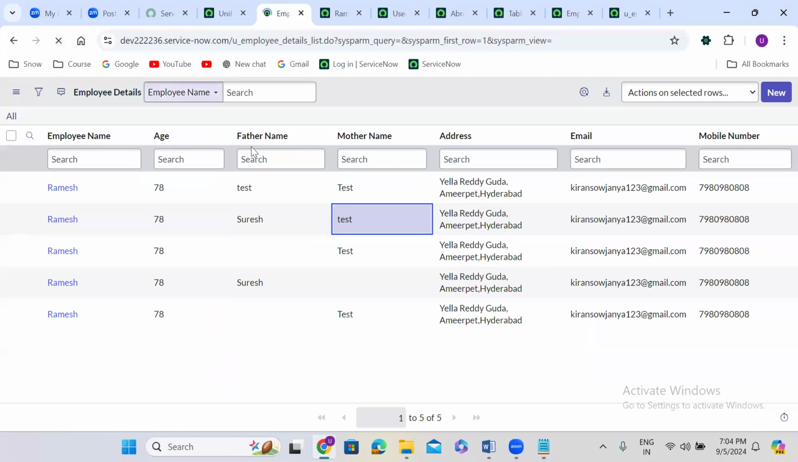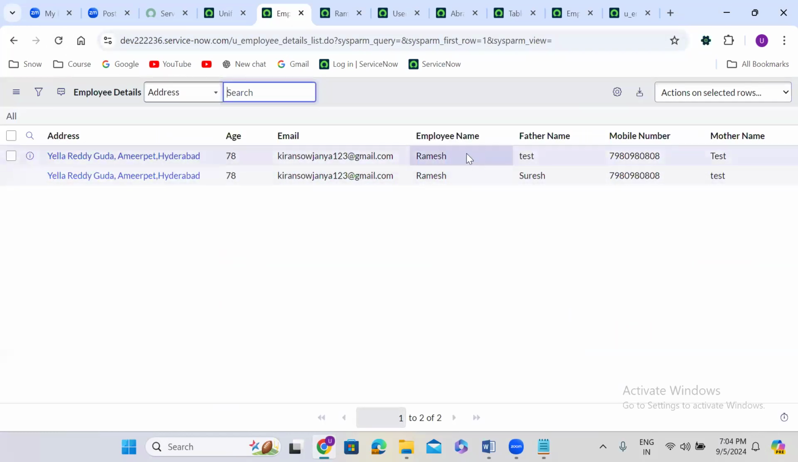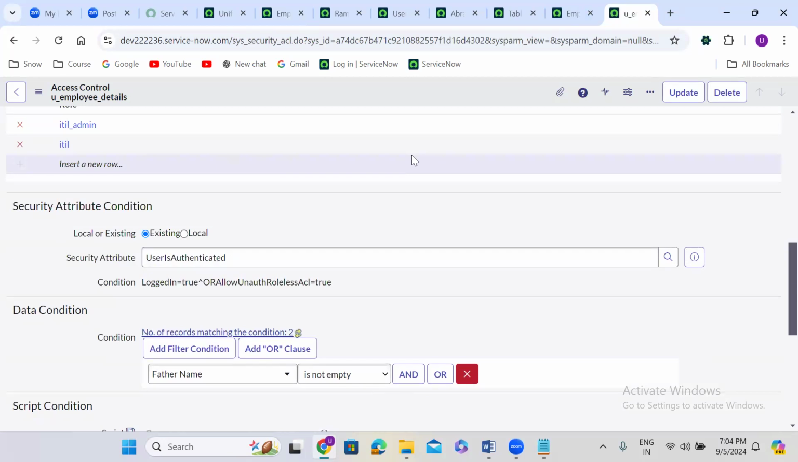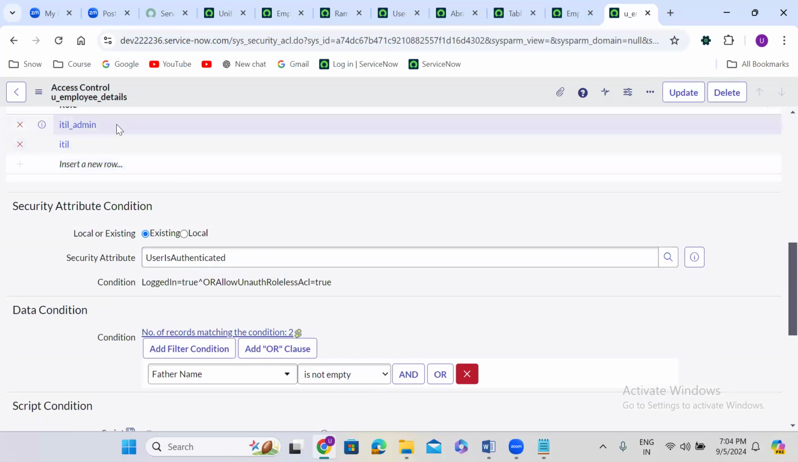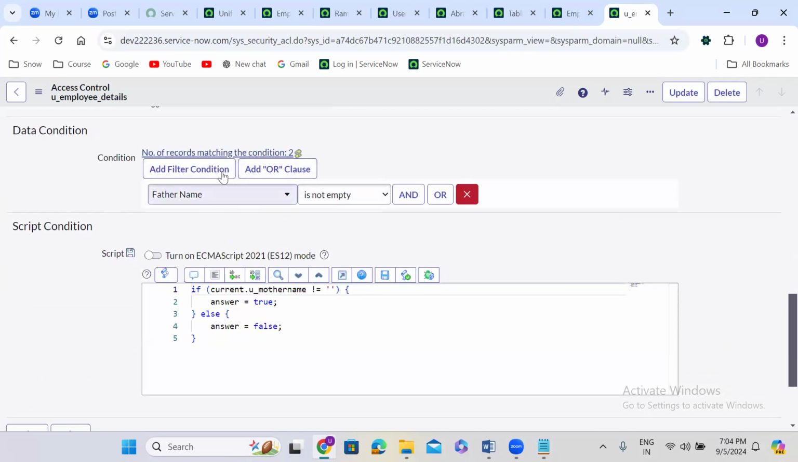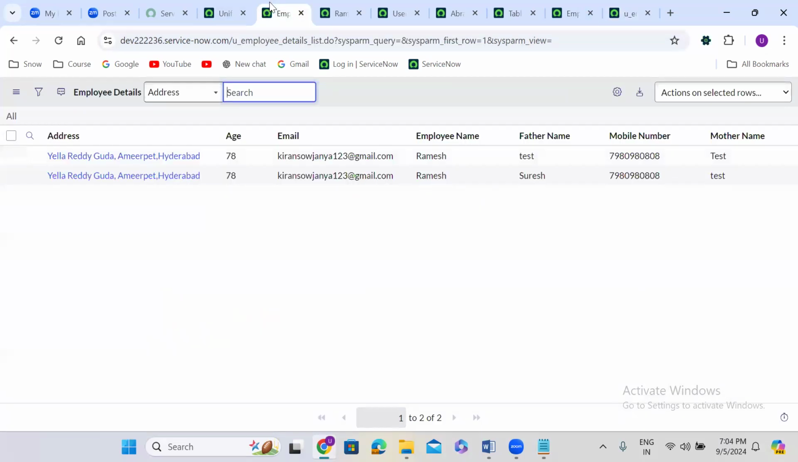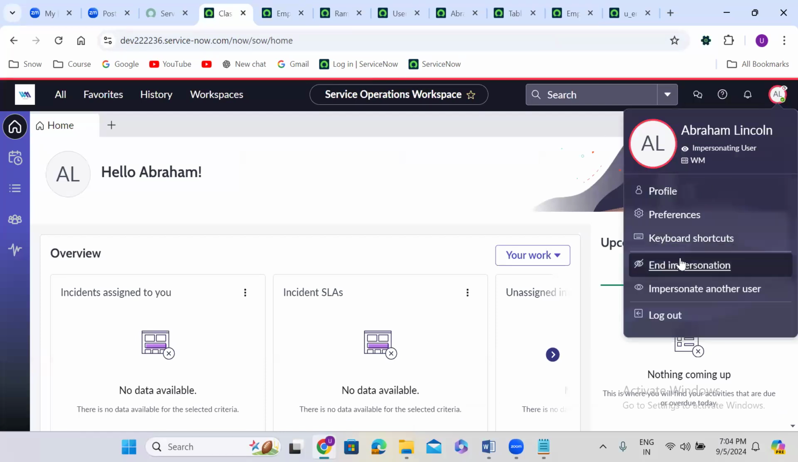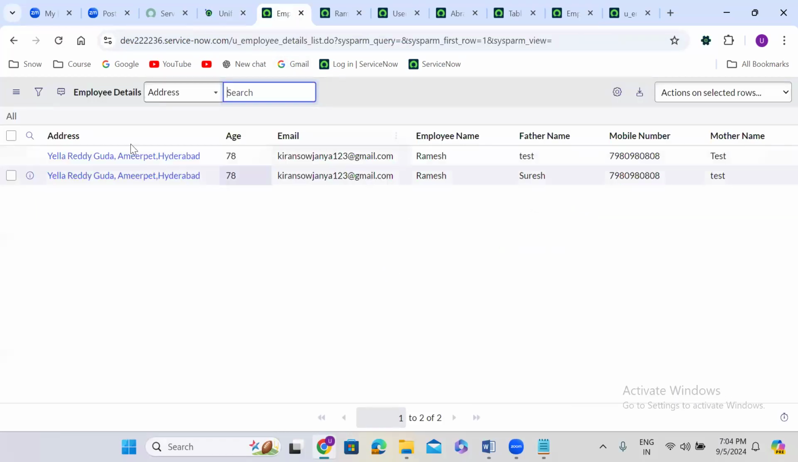Why is he able to see only two records here? Because father name and mother name is not empty here. So he has admin role. He has ITIL role. He is able to satisfy this role part. He is able to satisfy the security attribute condition part. He is able to satisfy only two records at this part. Total, he is able to see only two records here. If I enter the impersonation here, if I add any value to the